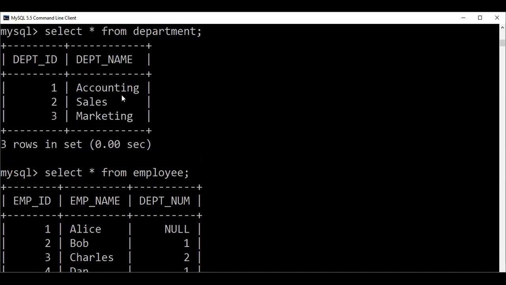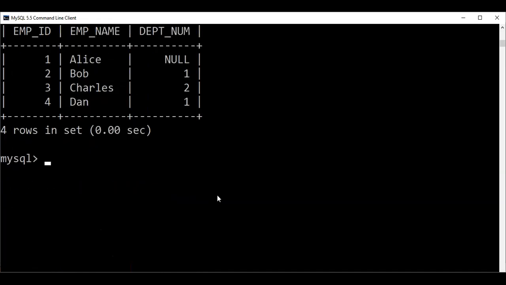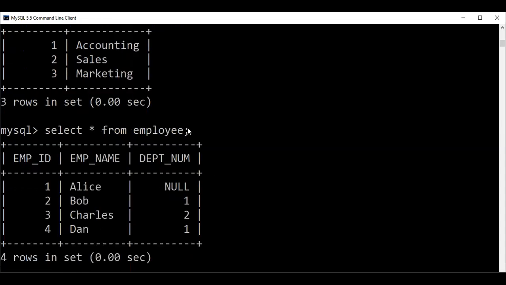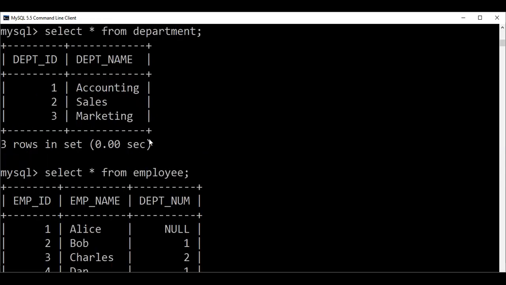The first operation is the cross join operation. First, what is a join operation? I am joining these two tables. It is not an inner join and it is not an outer join. You can say it is an inner as well as an outer join. If somebody asks what a cross join is, it is both inner join as well as outer join. It is not a specific join.